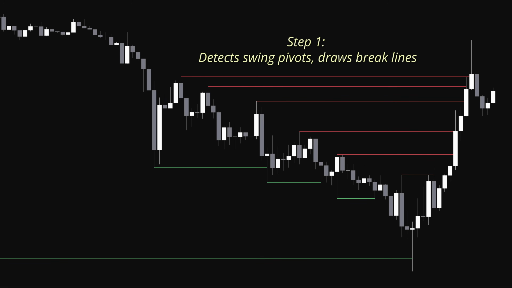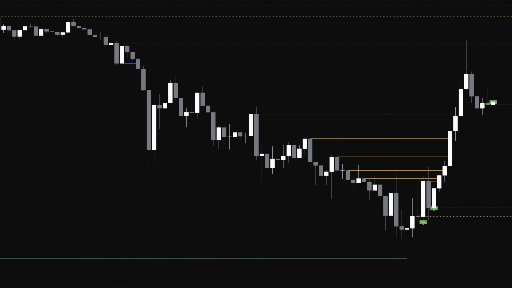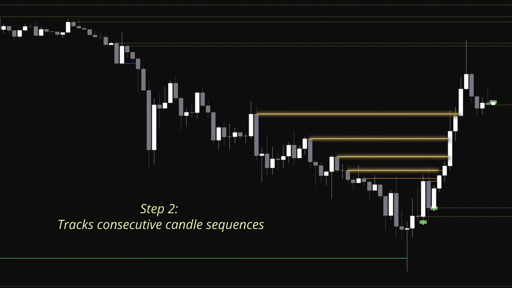Step 1 detects traditional swing highs and lows using pivot logic, then draws horizontal lines when price breaks through these levels. These lines persist until price closes back beyond them, providing visual tracking of broken structure that may become future support or resistance. Step 2 introduces sequence analysis, tracking consecutive bullish or bearish candles, and recording the extreme open prices